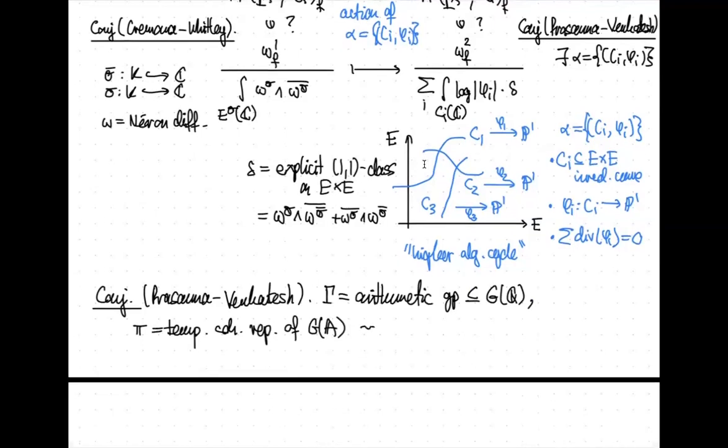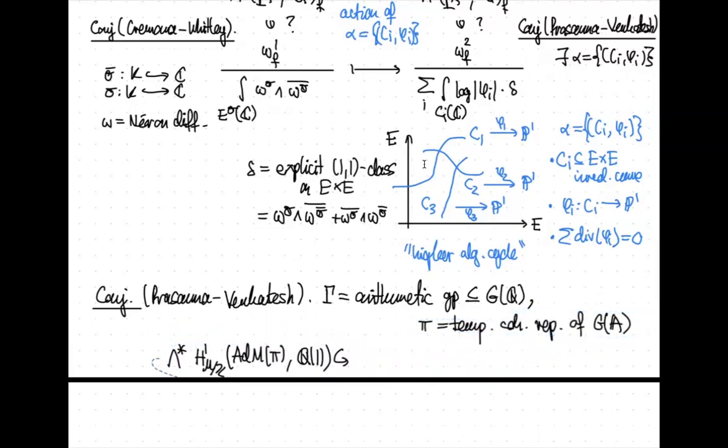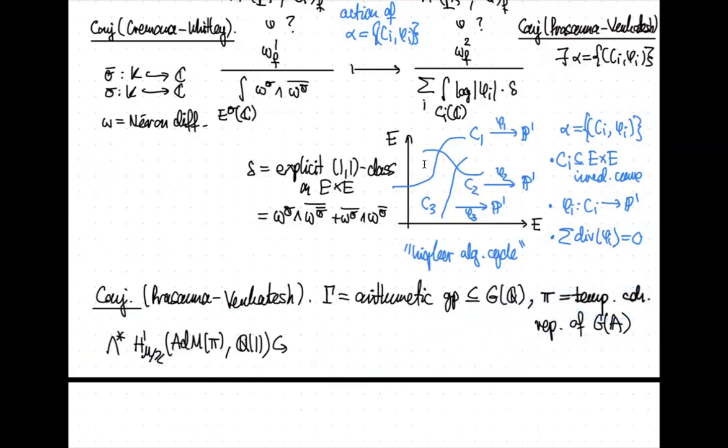And the conjecture will say that there'll be some motivic cohomology group. So I'm going to write H^1_M(Z), the integral motivic cohomology group of the adjoint motive of the modular form or the automorphic representation, which should act on... okay, I've not given myself enough space. Let me just move this to the side and put this here. Okay, so pi is this automorphic representation.